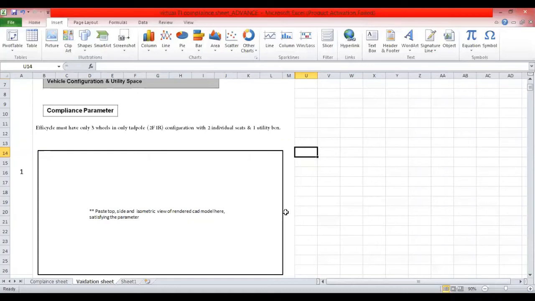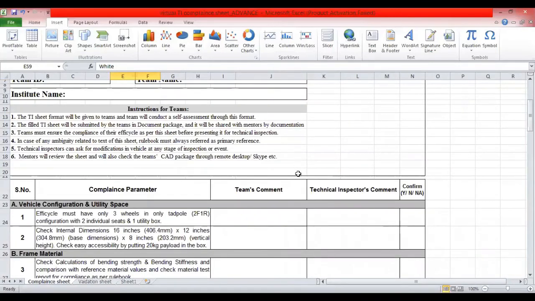Another thing: if you have any doubt or any communication gap between your technical inspector and your team, then you should arrange a meeting and show your laptop screen. Wherever your software is installed, you can explain it there in 3D view so it can be clear. I hope those are very simple processes that include your TI. So I think with all that, it should be clear about the conventional and advanced formats.